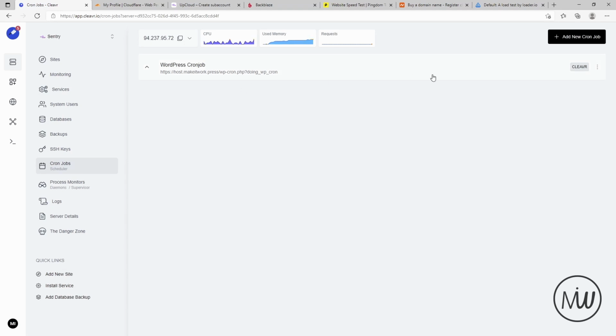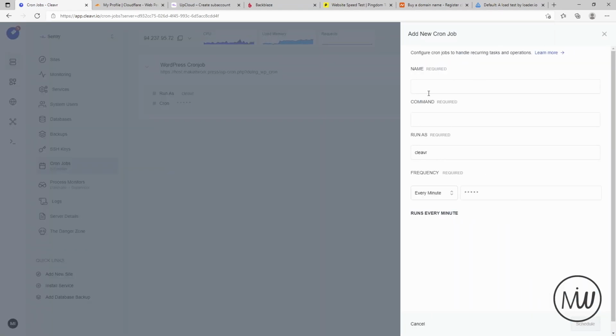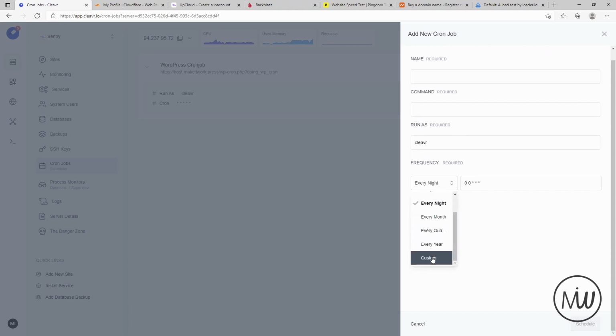And for WordPress, it's a good practice to add cron jobs in this way. Cron jobs are regular jobs that you want to run on a certain interval in your application. And well, for the example application, I already added a cron job in here, but it's as easy as giving it a name and then passing in the command and run as at what user you want to run and how often you want to run it. And you can change every of these